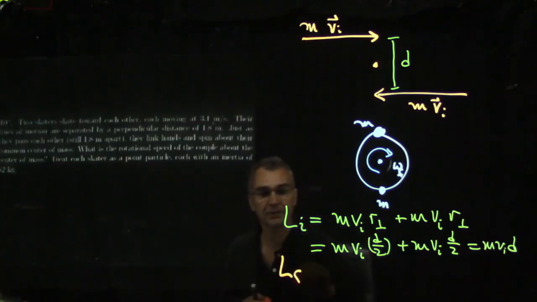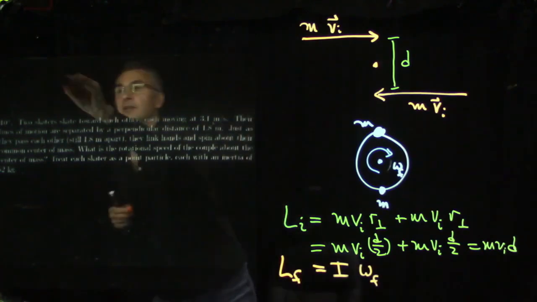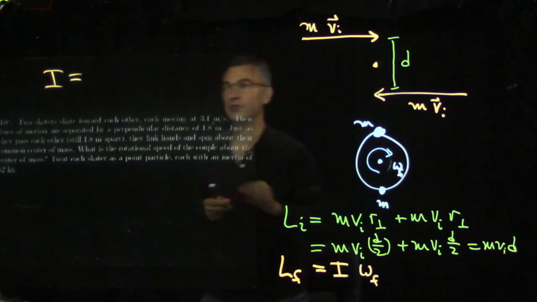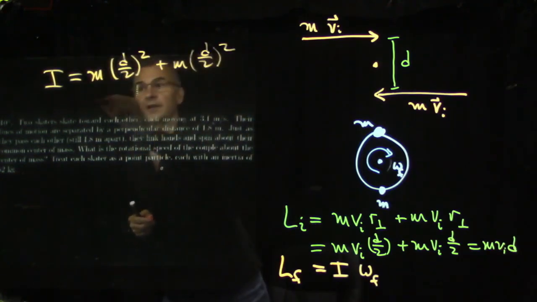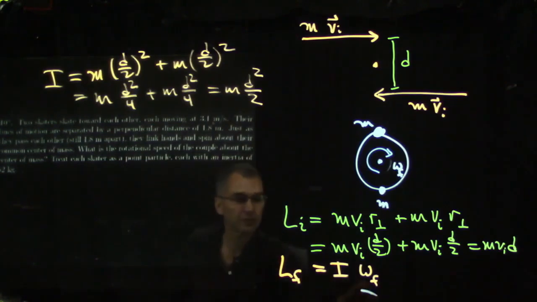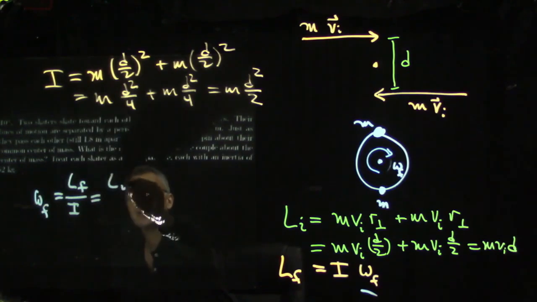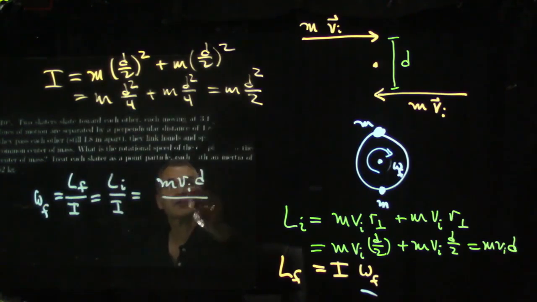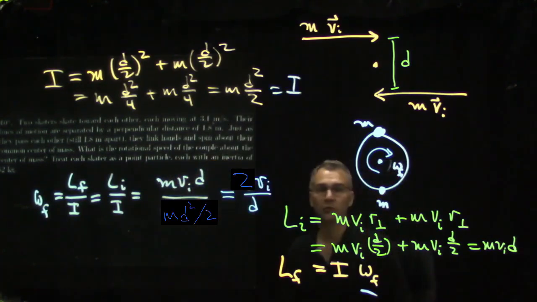Then the final angular momentum will be of the form I omega, and we have to figure out what the rotational inertia is. In this case we have two objects, each one of mass m and each one at distance d over 2 from the center. So this is m (d over 2) squared plus m (d over 2) squared. So it seems like we can just combine all this and solve for omega final. So omega final is L final over I, which is the same as L initial over I, which is m v initial d divided by this expression for the rotational inertia, which seems to be m d squared over 2. I guess that just works out to be 2 times the initial speed divided by the distance, the perpendicular distance